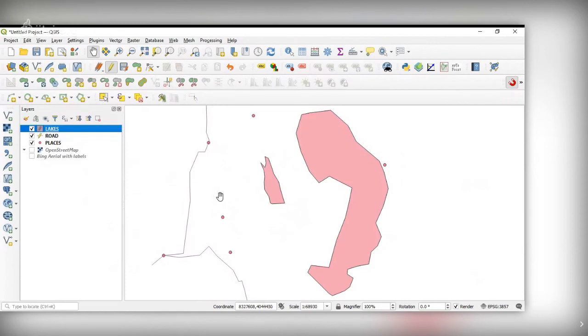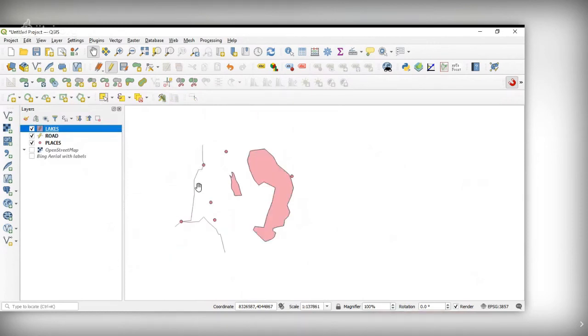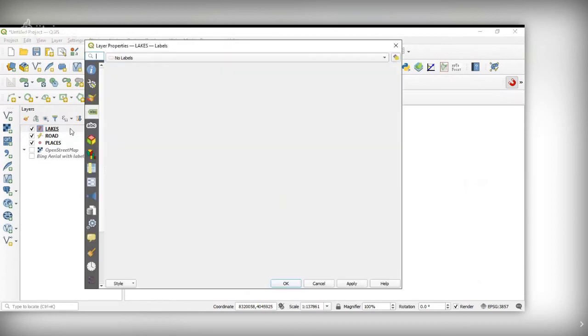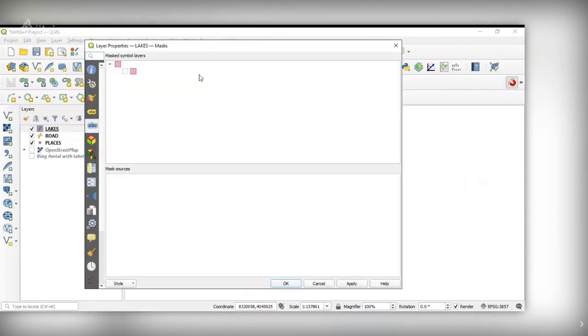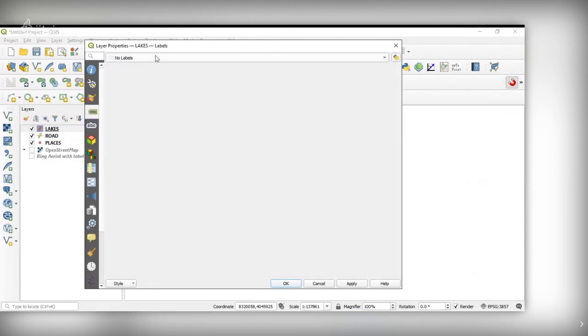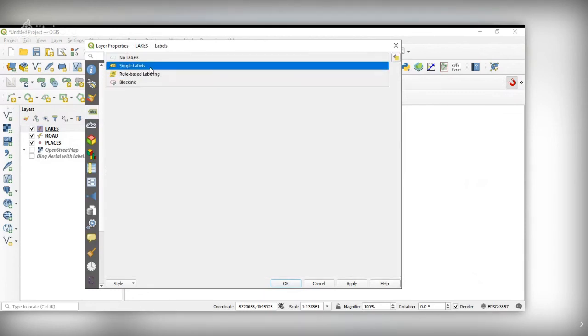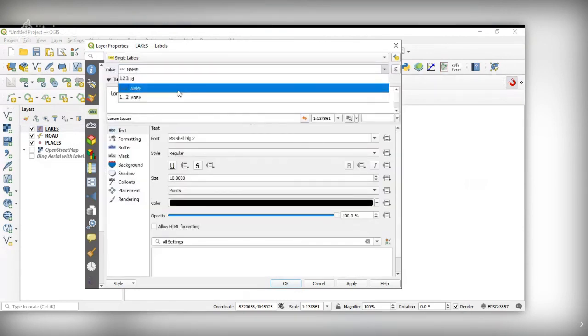So this is all about digitization and adding attribute information to various geometries, various themes, and you can label it also. I will label it. So I can go to labels, single labels, and the field is name of the lake, name, and say apply.